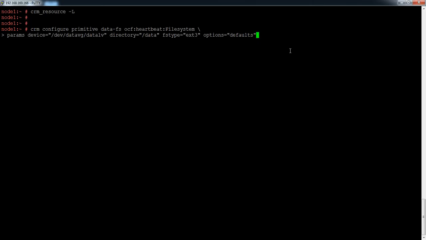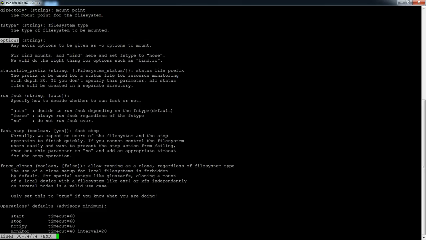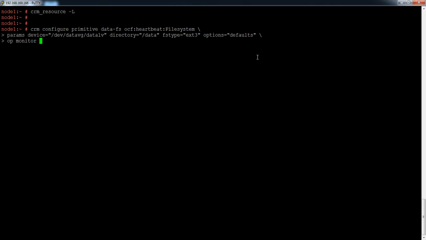Okay, so these are the parameters, and I'll close here and go back, and on another line I will provide the monitor operation strings. So the operation monitor strings are here below. If you go below here, you can see monitor timeout 40 seconds, interval, you can specify those. So I'll specify interval equal to 20 seconds, and I will specify timeout equal to 40 seconds,